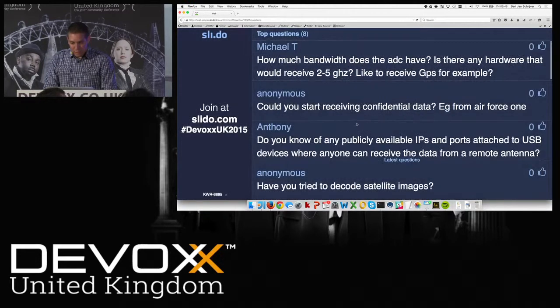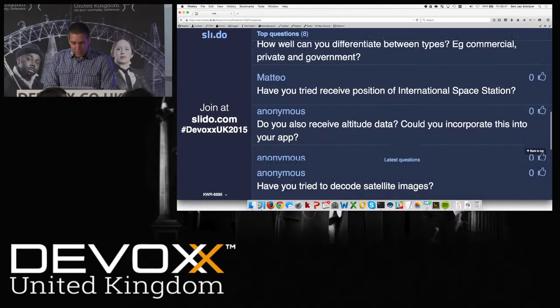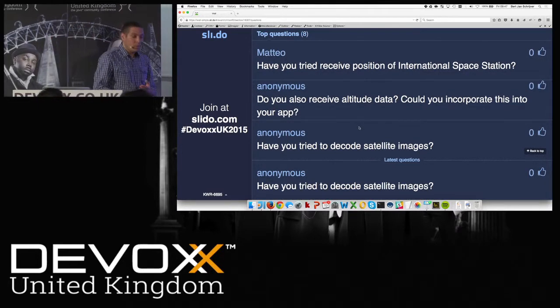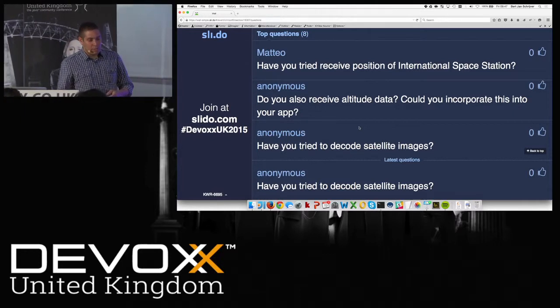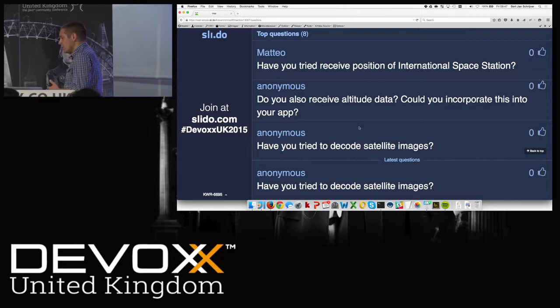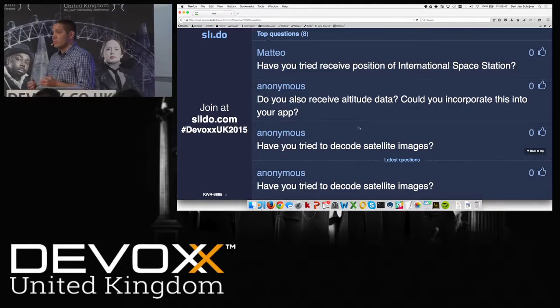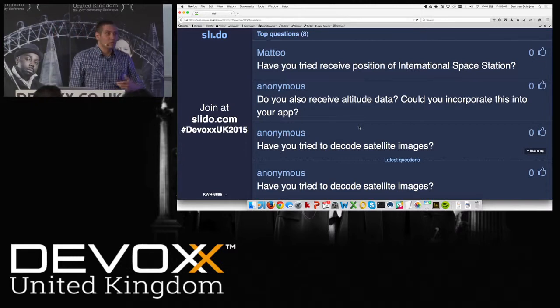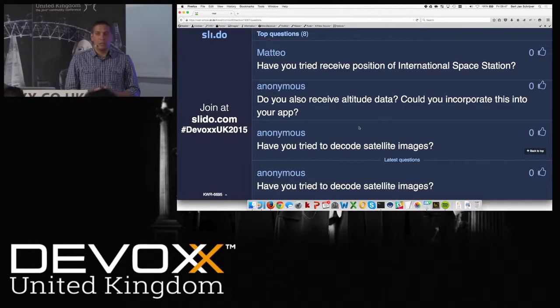Let's see if you have any more digital questions. Have I tried to decode satellite images? I haven't, but I have been hinted that this is possible. It's just another signal, another frequency you can receive, and then you have to look in the specifications for this and how the signal is built, and then you can start to receive it. But most of these patterns are documented pretty well on the internet. And lots of times there are already projects doing this, so you can just grab something and start looking into this.